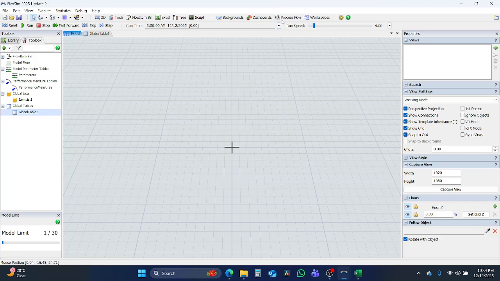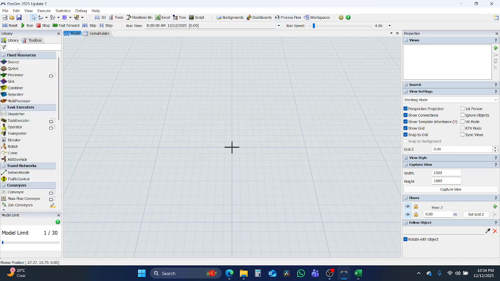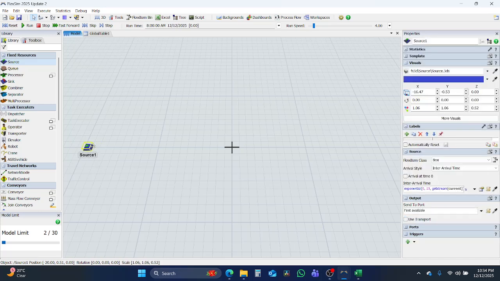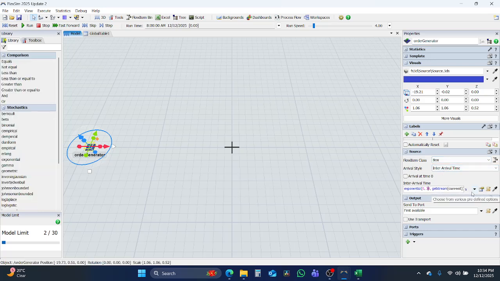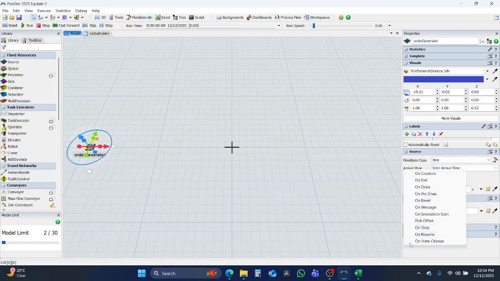Now let's just create some elements. Let's have a source block here. So this will generate the order. Let's call it order generator. So this will create some boxes. Let's put it here 30 seconds. Within 30 seconds, it will create a box. So we're going to create,